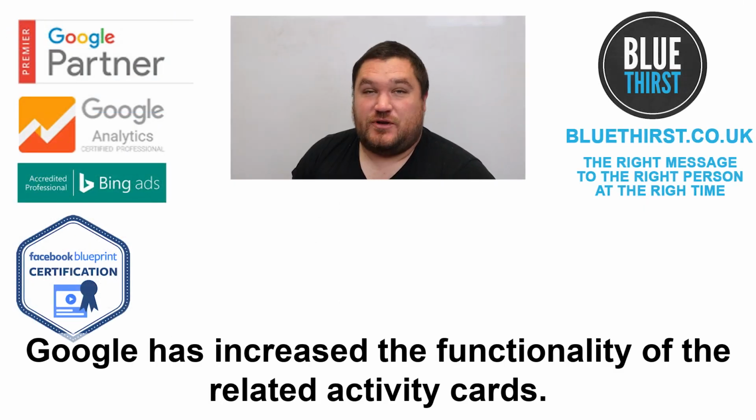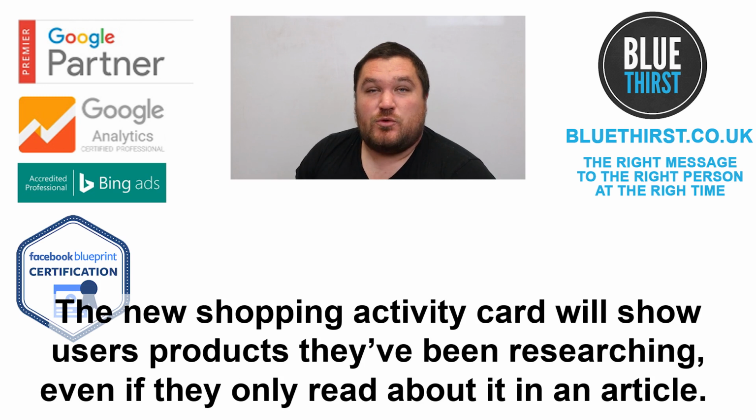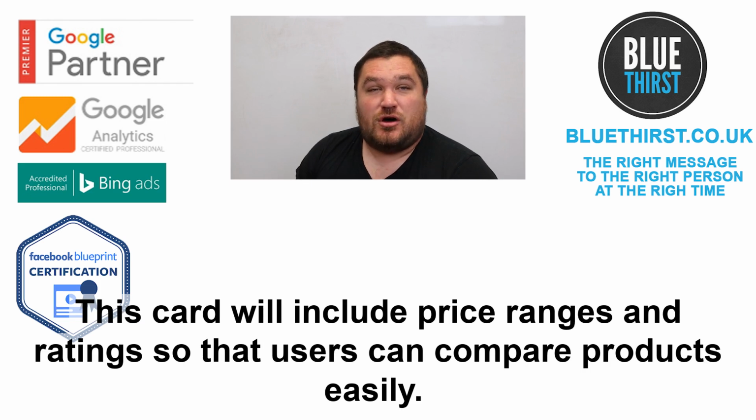Google has increased the functionality of its related activity cards. This change has been designed to make it easier for users to move forward in their shopping, job, recipe or related journey. The new shopping activity card will be shown to users with products that they've been researching, even if they only read about it in the article. The card will include price ranges and ratings so that users